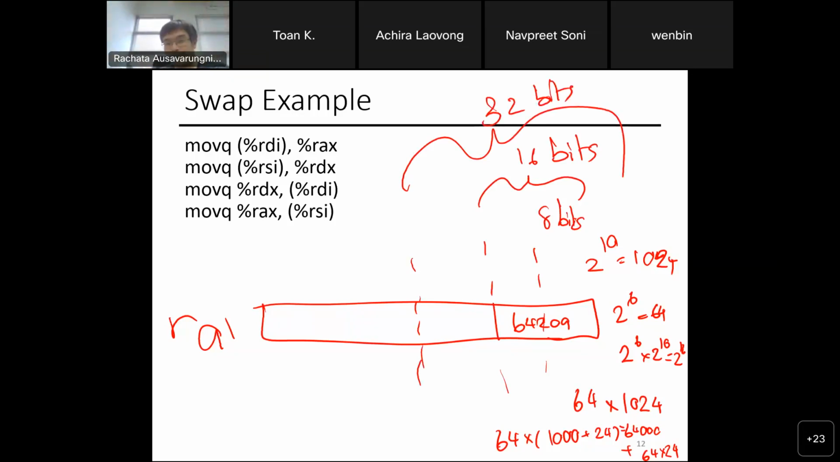So 64,209 will fit within the 16 bits. All right, you fit it in the 16 bits. Now, let's say I do movl $64,209, %rax. This is what happened. I put 64,209 in the RAX,